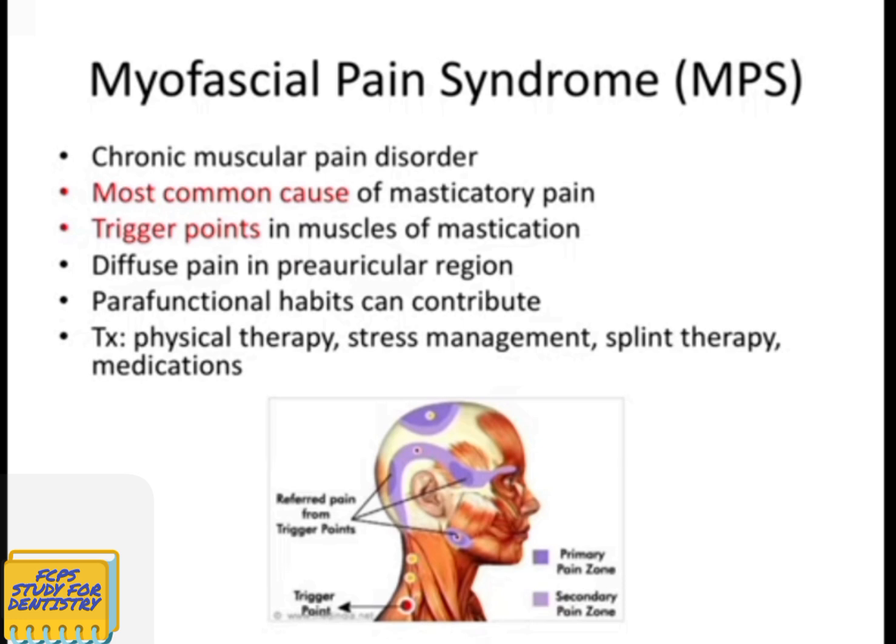So a question might say, this patient has crepitus or clicking in the TMJ, trigger points of tenderness in the temporalis muscle, limited opening or limited range of motion, pain at rest, etc. And all of these are symptoms of myofascial pain syndrome. So being able to pick this out of a lineup of answer choices can be really, really helpful. And treatment for this syndrome is a lot of the same things that we mentioned before, because again, this is closely